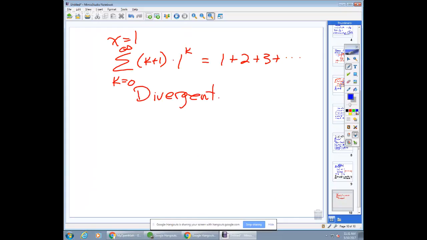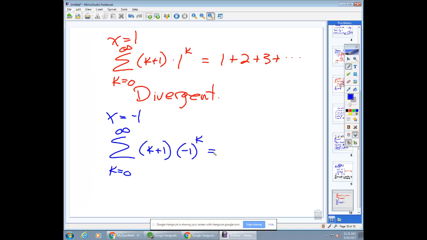Then we check the other endpoint. If x equals -1, the sum from k equals 0 to infinity of (k plus 1) times (-1) to the k. Kind of sort of similar, except it alternates. 1 minus 2 plus 3 minus 4 plus 5, and so on. It strictly alternates, but are the 1, 2, 3, 4 going to 0? No, so it's divergent. Just to double check, if you looked at partial sums, the first partial sum is 1,